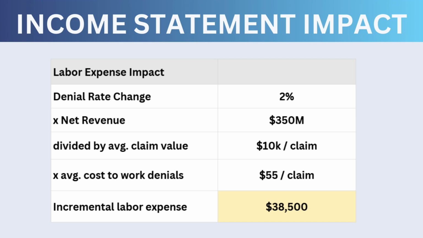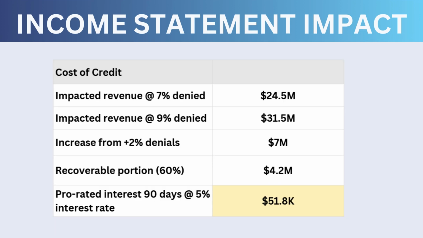Now, one thing that's not accounted for here is that if you're doing this with your existing staff, you might even be paying time and a half for overtime to work these additional denials. Now let's look at the interest expense line item on the income statement, because we're going to assume in this example